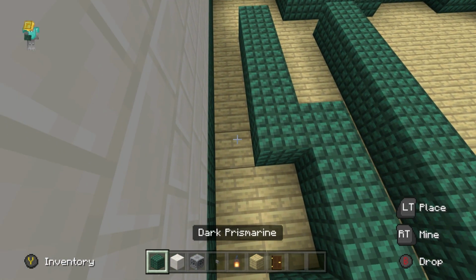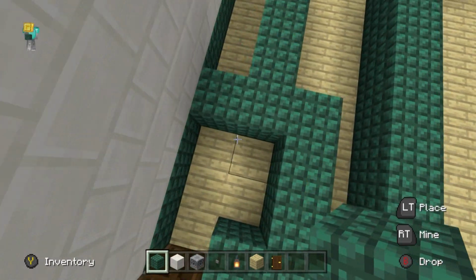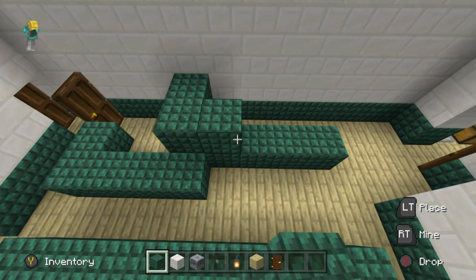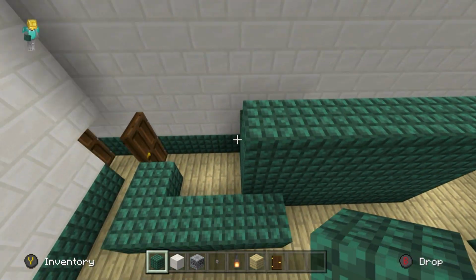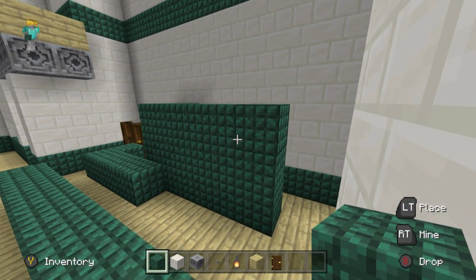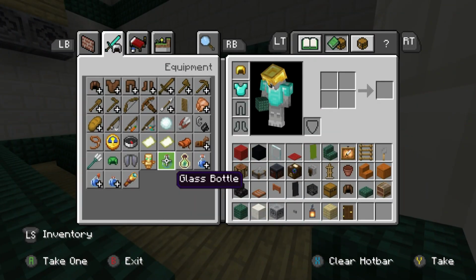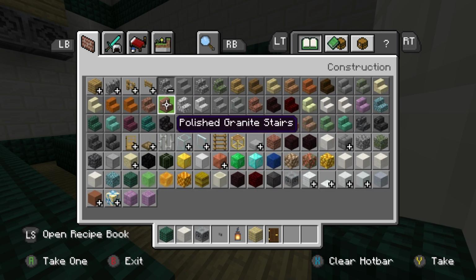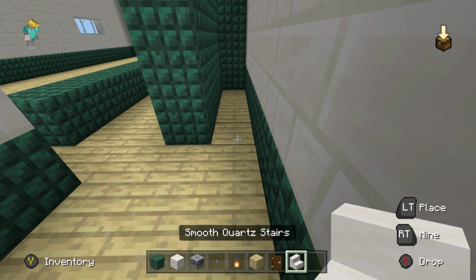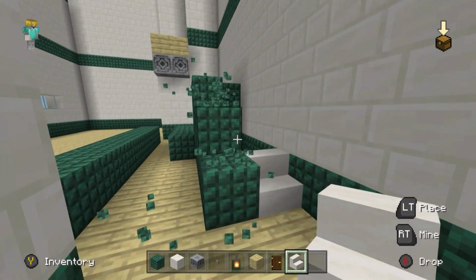And you can even seal this off by just having a 2x2 little square inside of here. The dark prismarine that sticks out here, we can raise this up a little bit. Well, we shouldn't even raise it up because it actually turns into a staircase. So if we grab quartz stairs and we place a quartz stairs next to the first dark prismarine,